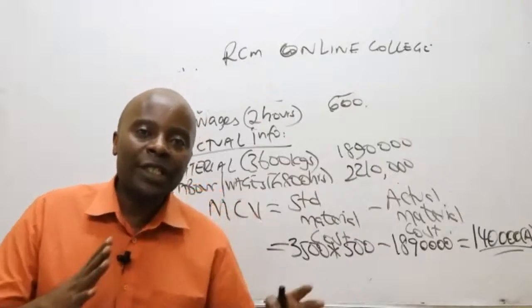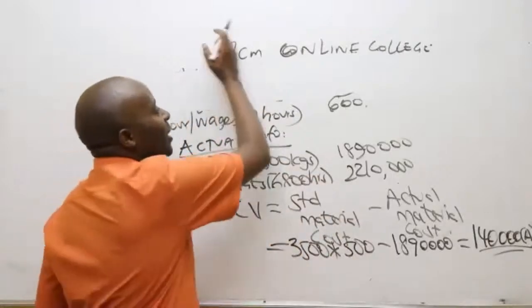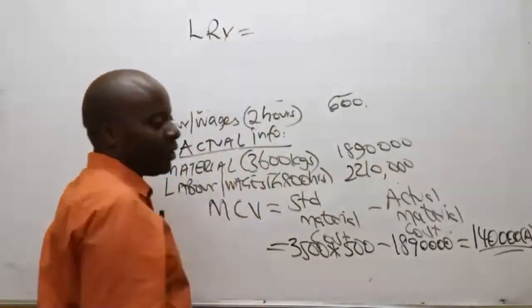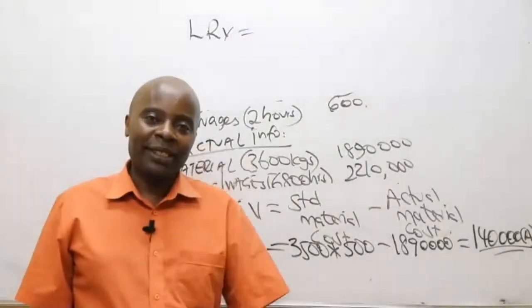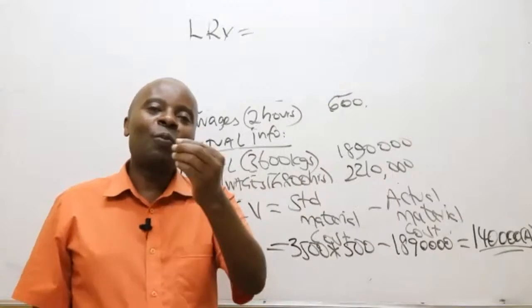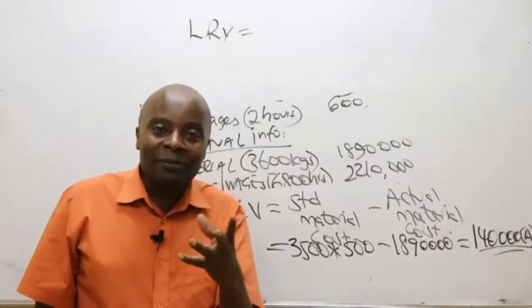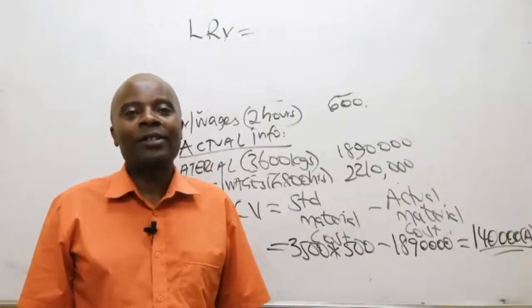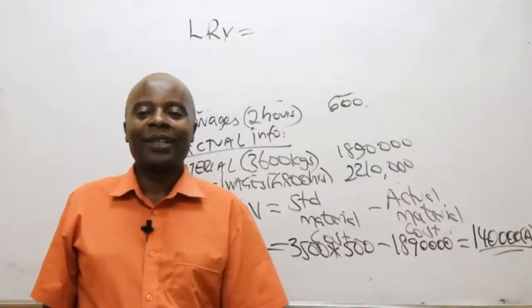I would want to see whether there are students who are able to remember the formula of labor rate variance. Let's see. Labor rate variance equals who? This is not something that really will bother me, because from the name rate variance, I will know the two parameters you're subtracting. Is there somebody who is able to see them the way I'm able to see them? Labor rate variance equals who? Lillian, eh?